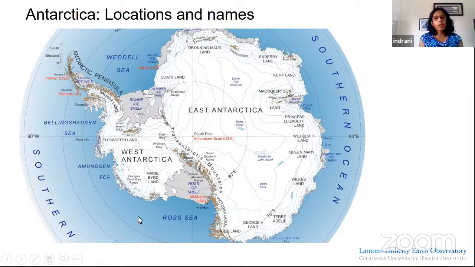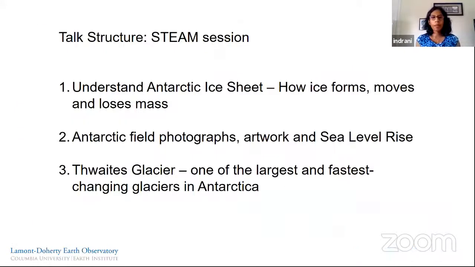Okay, so another thing to remember is, again, I will reiterate that this is East Antarctica, this part is West Antarctica, Thwaites over here that I'll talk about is here, and then that is called the Antarctic Peninsula. It is surrounded on all sides by the Southern Ocean, and the ocean also has different seas, and they have different names. So there is Amundsen Sea, there is Ross Sea, then there is Weddell Sea. So it's fun to just look at these names and figure out who are the people that they were named after. It's just a very important part of Antarctic history.